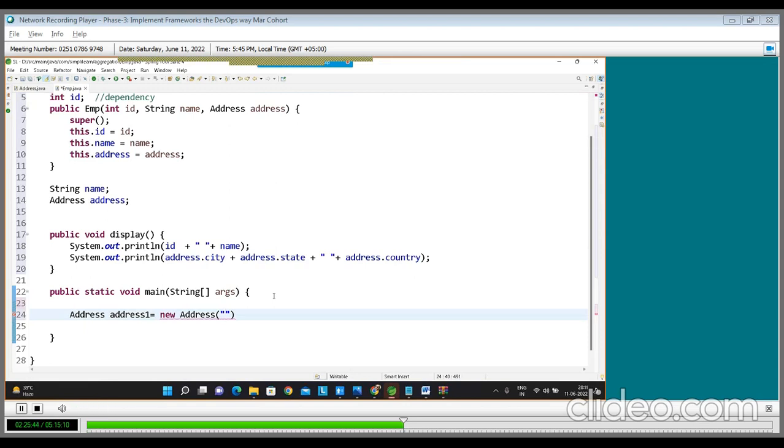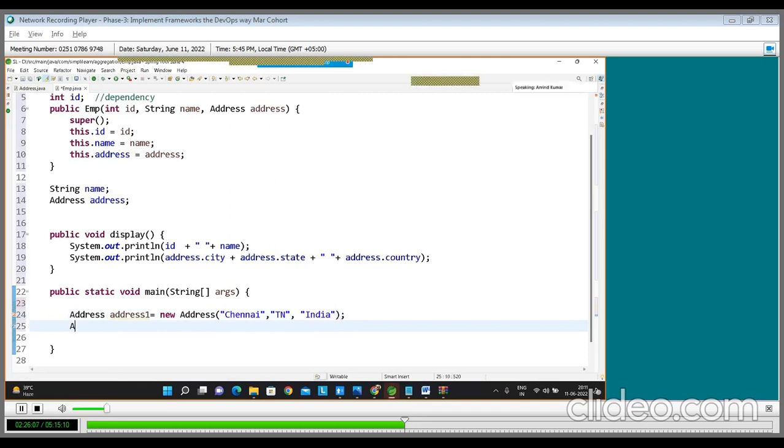So city, Chennai, state, Tamil Nadu, country, India. One reply was very good. Okay, address